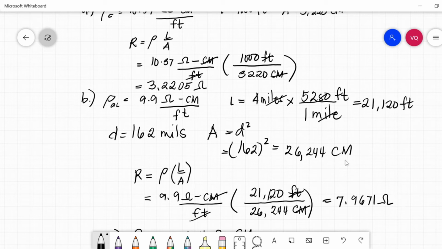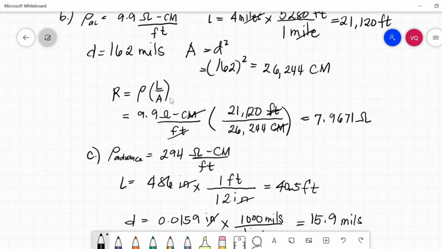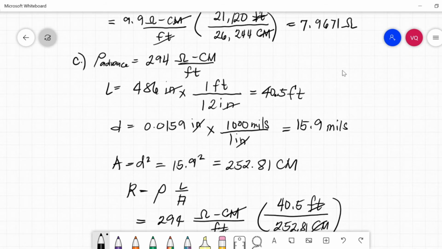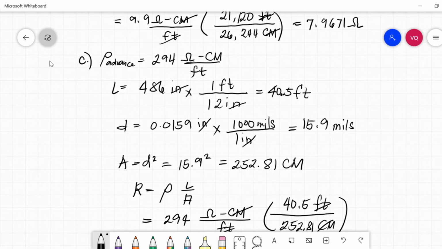26,244 circular mil. Solving now the resistance, that is 9.9 times 21,120 divided by the area, which is 26,244. The resistance of the wire now will be 7.9671 ohms. For letter C, we have a resistivity of the conductor, which is advance,